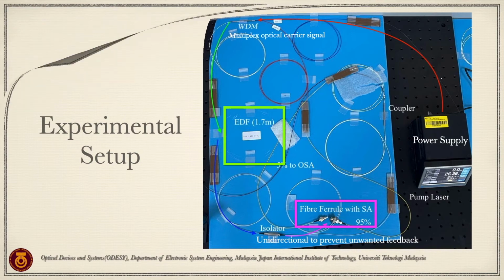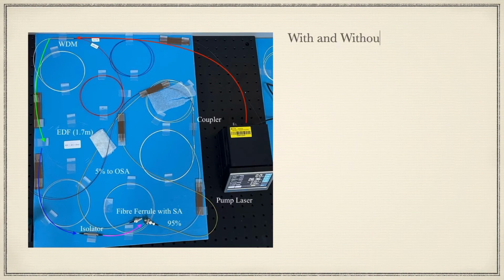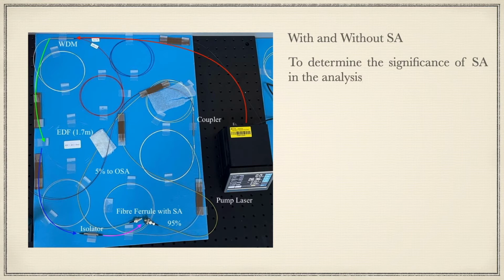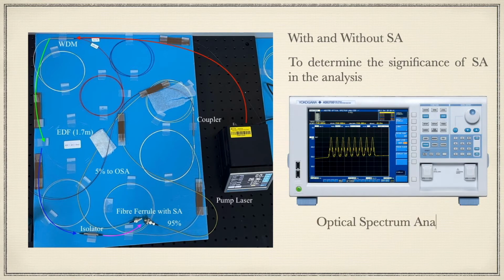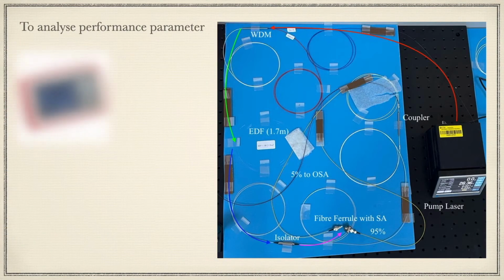The light signal is then propagated to the transmission line with and without a saturable absorber to figure out the importance of the saturable absorber in such analysis, by using an optical spectrum analyzer (OSA). The circuit with the saturable absorber is then used to analyze the Q-factor parameters with the assistance of